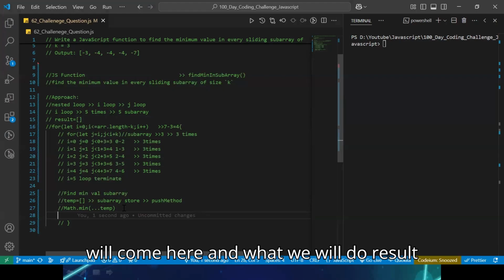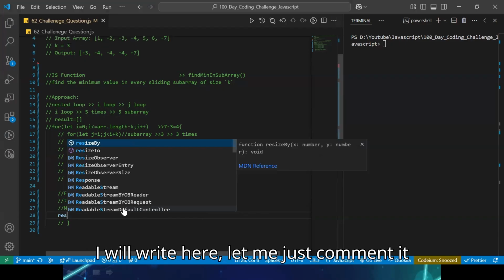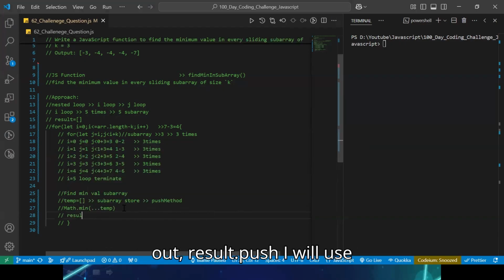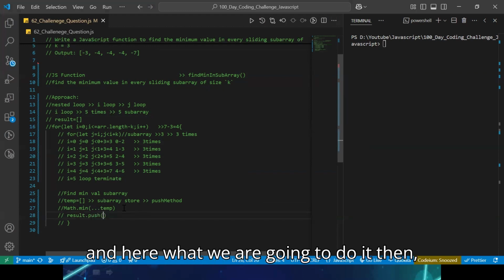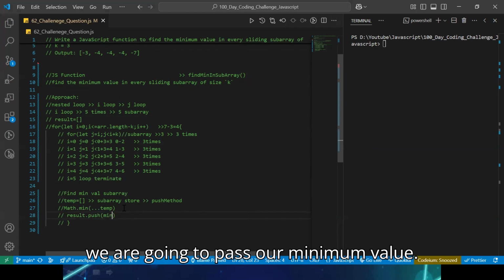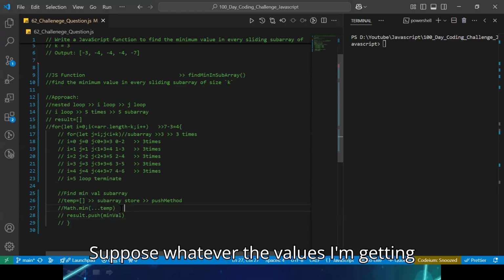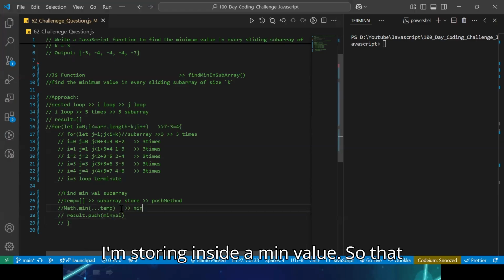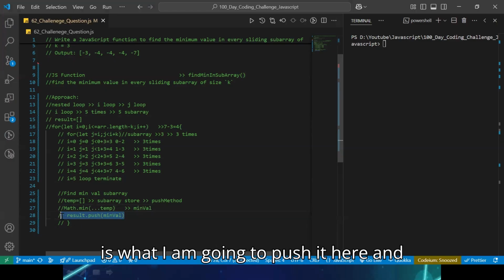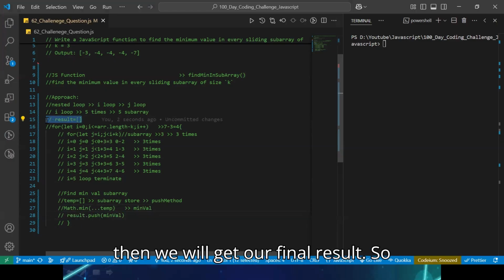Result dot push, and here we are going to pass our minimum value. Suppose whatever values I am getting, I am storing inside minValue. That is what I am going to push here, and then we will get our final result.